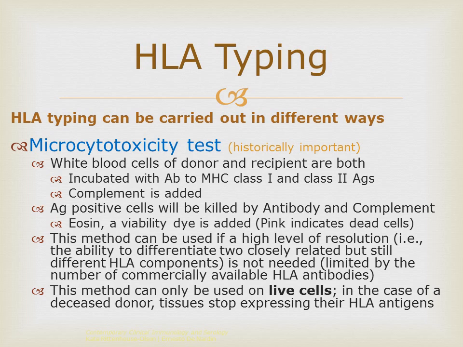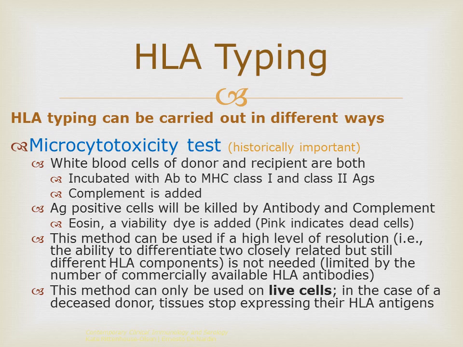One type of HLA typing that was done historically, not used too much anymore though, is called the microcytotoxicity test. For those of you who are experienced blood bankers, this is somewhat akin to typing red cells for the various red cell antigens, except of course we're testing white blood cells. So we take the white blood cells and incubate them with various antibodies to class 1 and class 2 antigens. After an incubation period, we add complement. The cells that possess the antigen to the antibody that's been added are going to be killed by the antibody